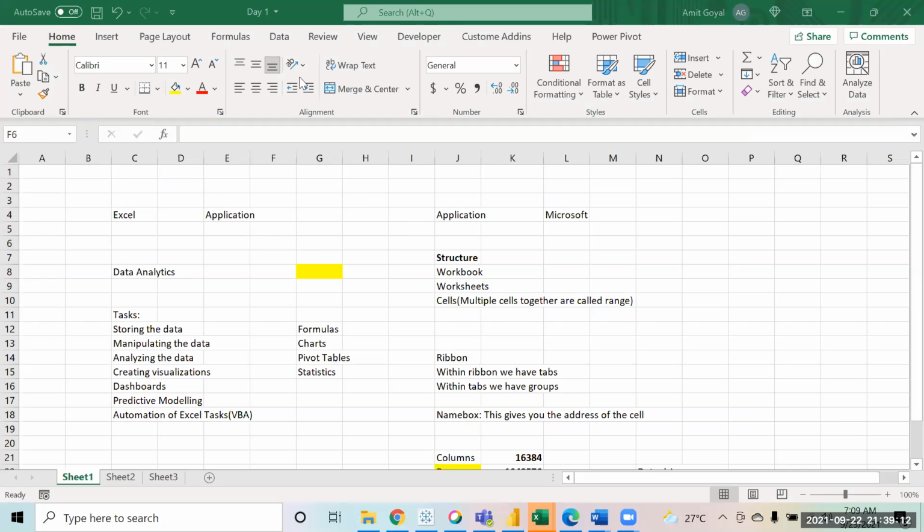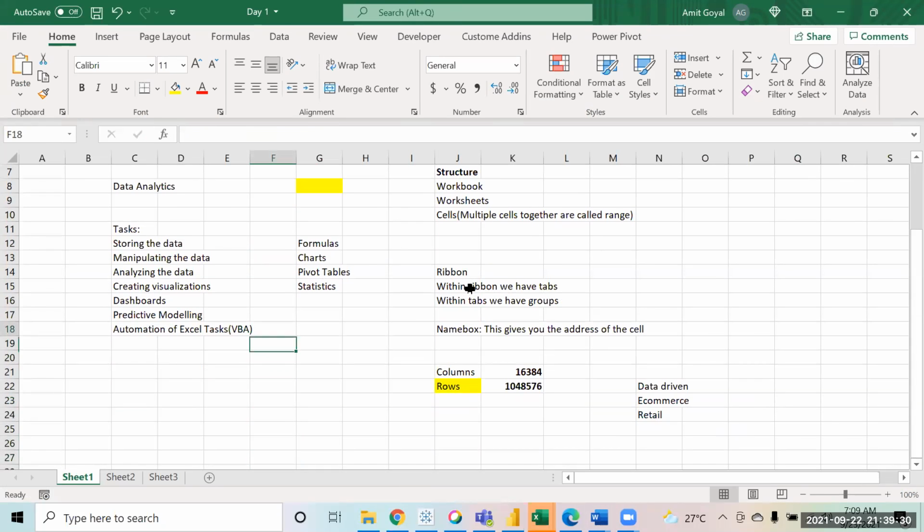So like the first session that we had, in that we were talking about what exactly Excel is used for, what the capabilities, advantages, and limitations of Excel are. We were talking about the structure and all the components.